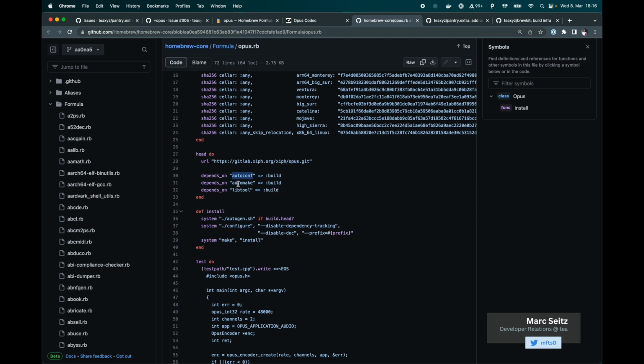So this is a C build toolchain. And it's using autoconf, automake, and libtool only for the build process. And as you can see here, by indicating this build, if this build tag doesn't exist,